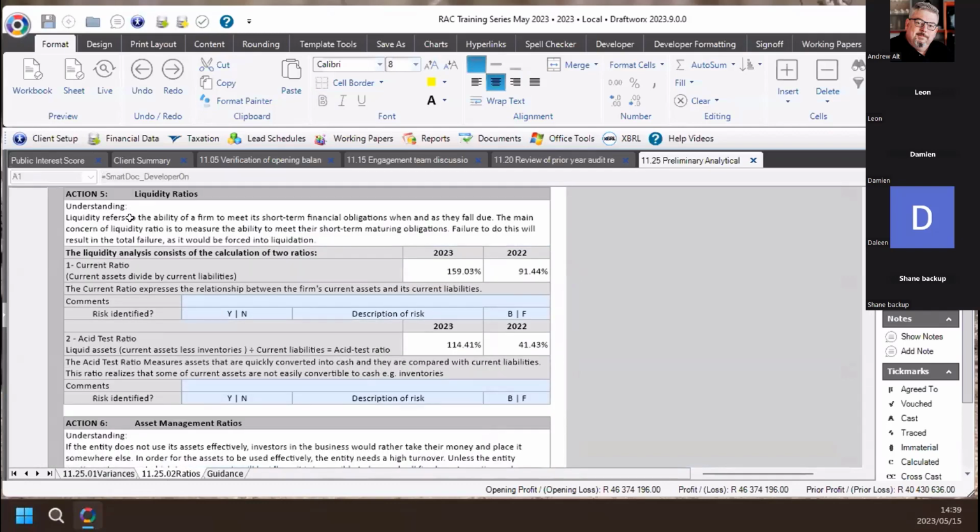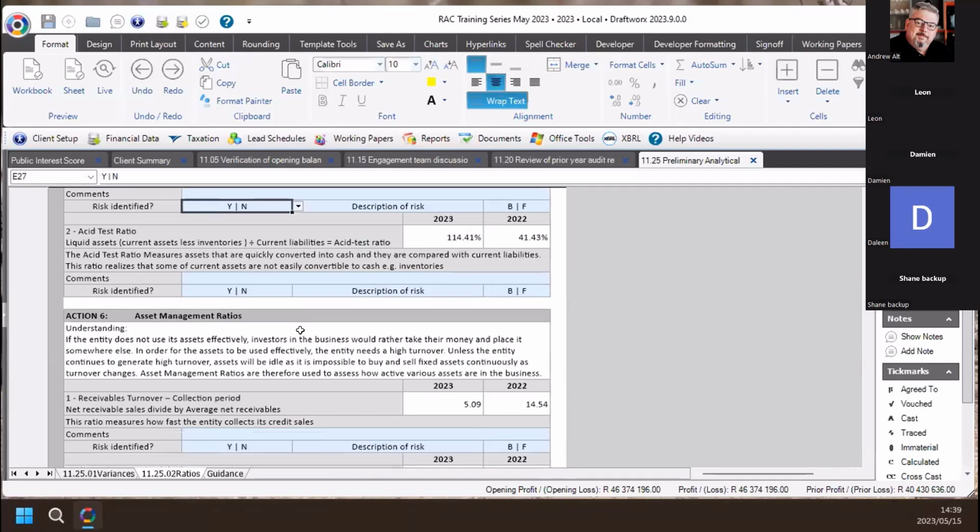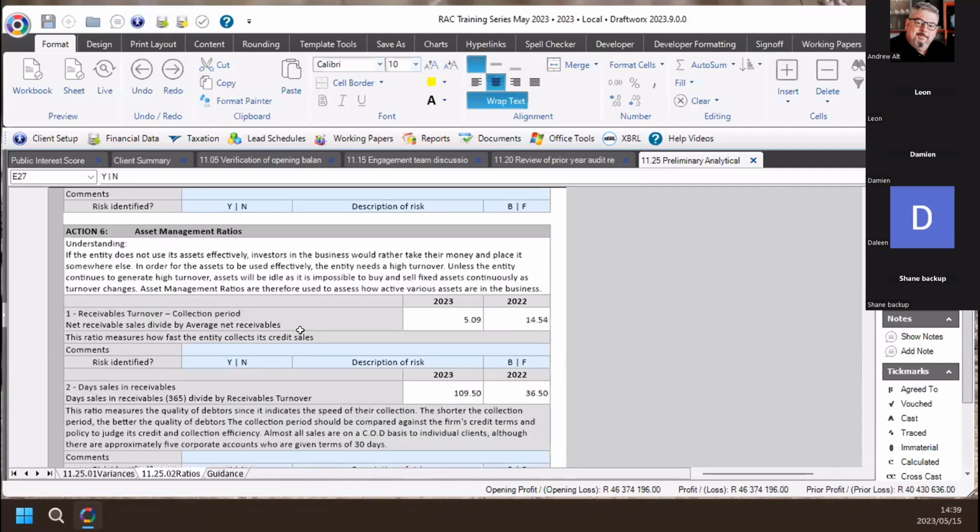Now, we've gone and pre-calculated a number of the general ratios for you, liquidity ratios, and then we've asked for each one to just go and put any comments. And then once again, do you see that there is a risk of any sort? Now, I just want to scroll down, and